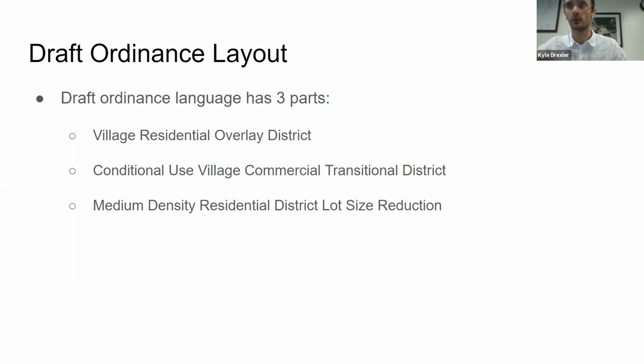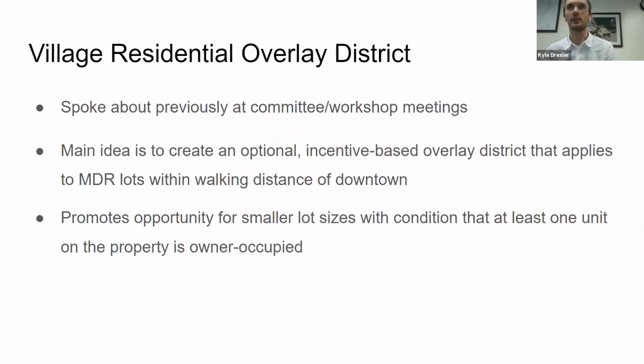Second, what Megan mentioned is the conditional use village commercial transitional district. And then the final thing, which I believe was the next item on the agenda, was the medium density residential district lot size reduction. So just touching on the village residential overlay district, this was an idea that was in